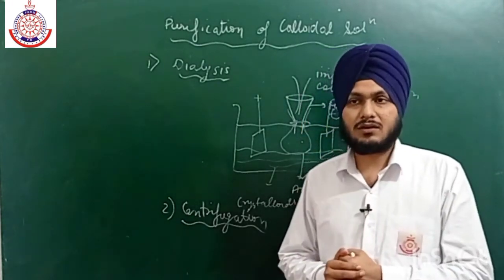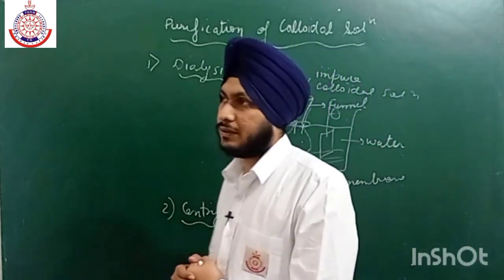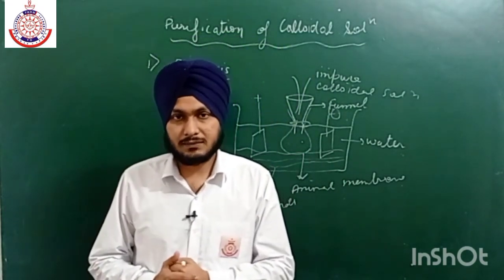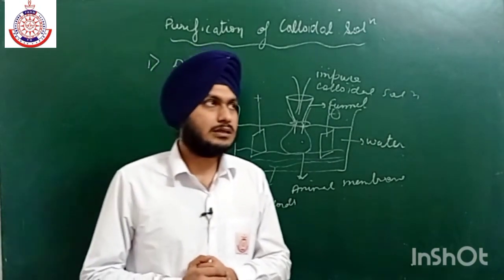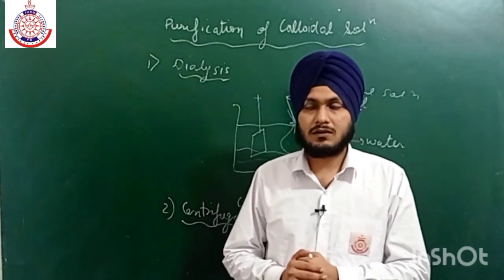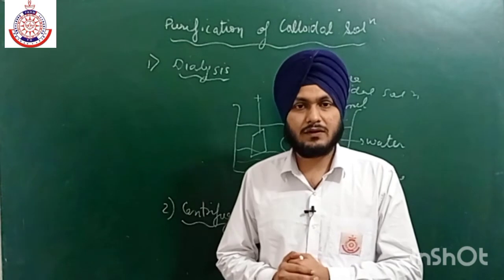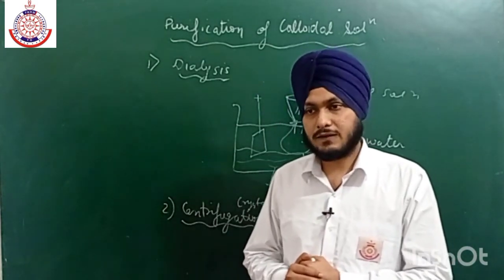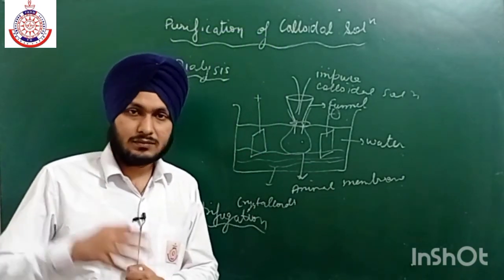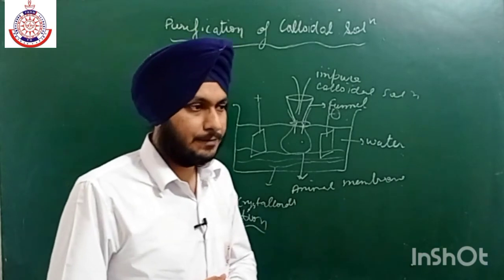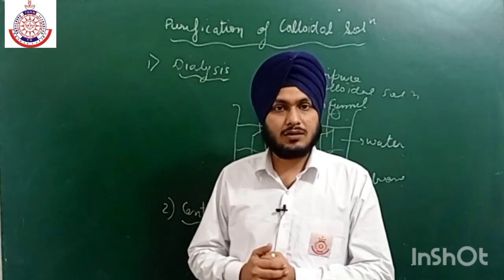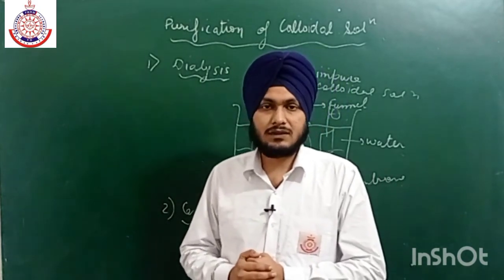So centrifugation क्या होता है? It is a process in which we rotate the solution in a centrifuge machine. Actually, in a centrifuge machine we can easily take, I think, 4 or 5 test tubes, and then fill the whole solution in these test tubes. ठीक है, तो कुछ इस तरह से apparatus है कि उसके अंदर हम 4 or 5 test tubes लगा सकते हैं, and each test tube contains some amount of colloidal solution, and then we rotate the centrifuge machine with the help of electricity.